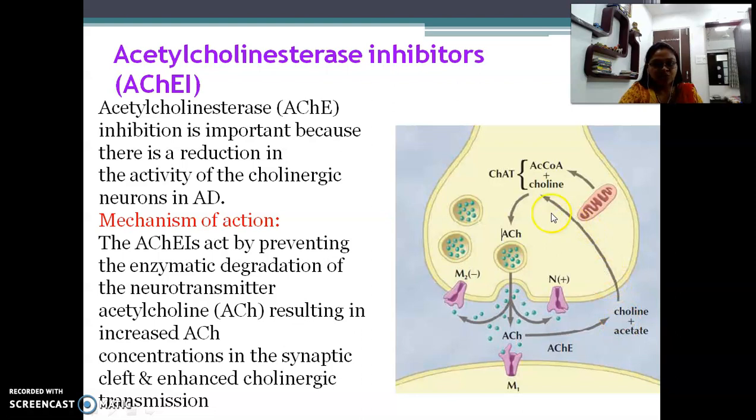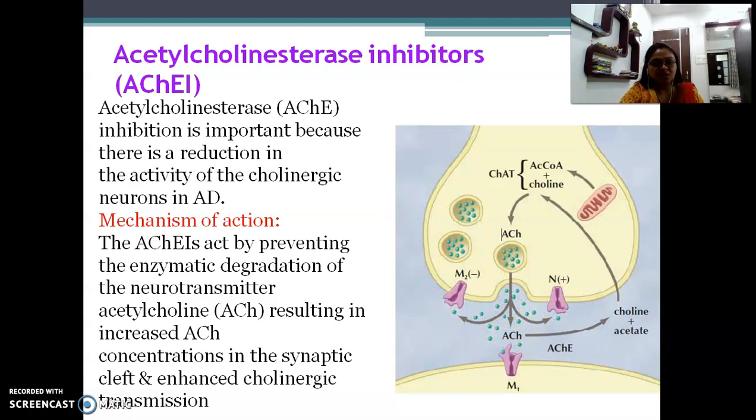That choline is reabsorbed for the formation of acetylcholine. Likewise, the concentration of acetylcholine decreases in the neurons, which also leads to the development of Alzheimer disease, and hence we use drug molecules that inhibit this enzyme